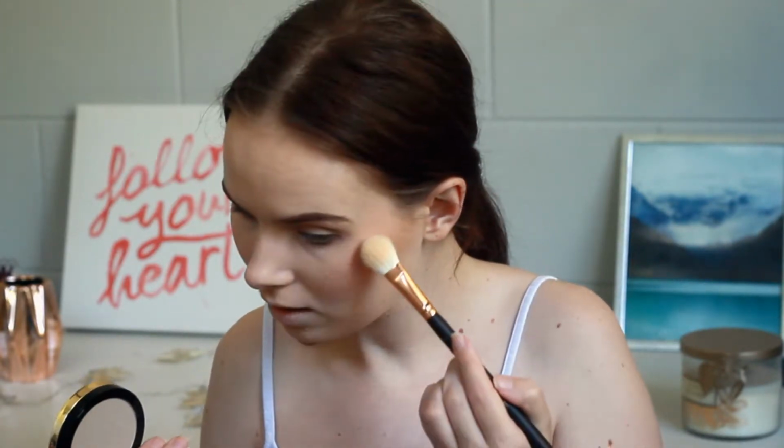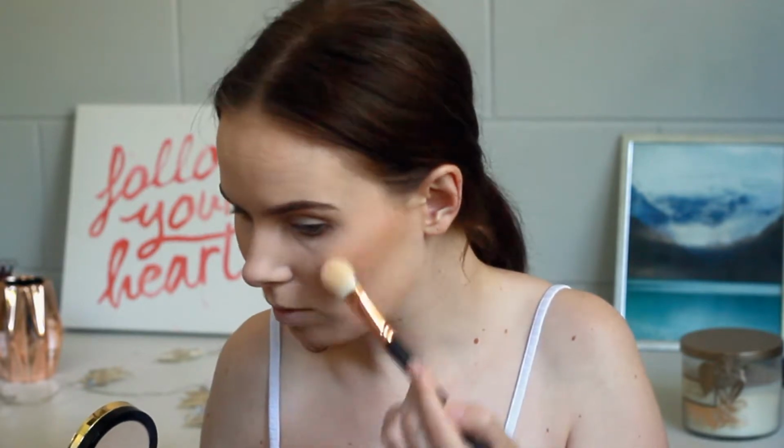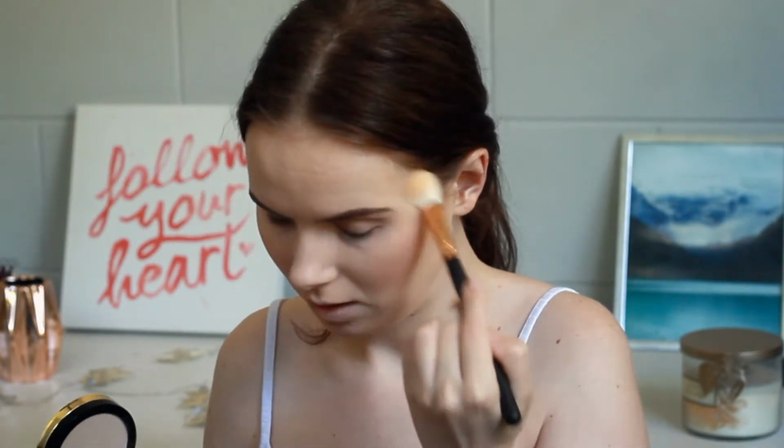For highlight, I'm taking the LA Girl Strobe Light Strawberry Powder in the shade 110. I've used this once, it's not too bad, so I'm just taking it on. This is a Morphe R31 brush. I only got this really recently. Not sure how I feel about it yet, but I've been using it to highlight, so I'm just taking a little bit of that and just going to pop it on the top of my cheekbone. I mean,